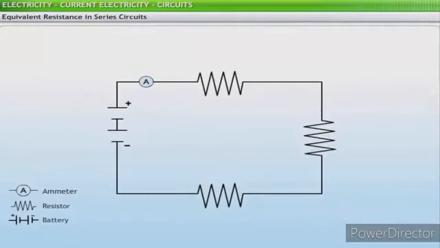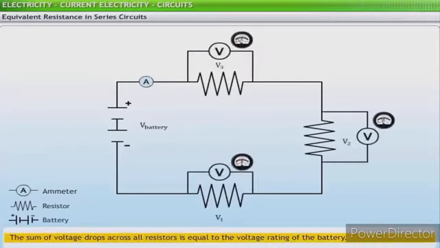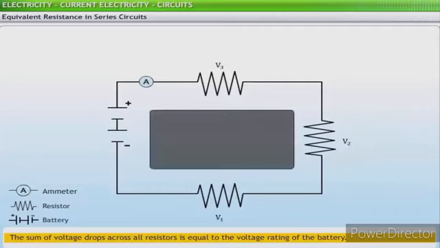If an electric circuit powered by a battery V is equipped with more than one resistor in series, then the cumulative loss of electric potential is V volts. Thus, there is a voltage drop for each resistor, but the sum of these voltage drops is V volts, the same as the voltage rating of the battery. The total voltage drop of the circuit can be expressed mathematically as V is equal to V1 plus V2 plus V3,